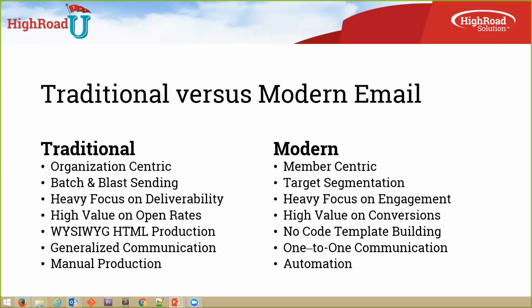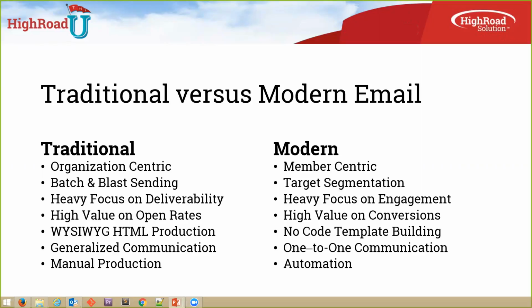So you're looking at those needs and tailoring your communications around them. Once you make that shift, some of the other things just start to fall into place, right? Once you change from organization-centric to member-centric, the batch and blast mentality goes away,